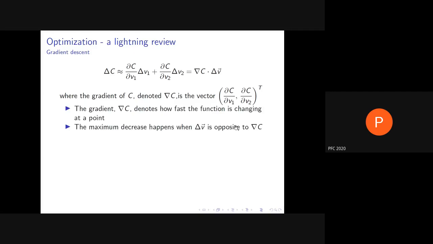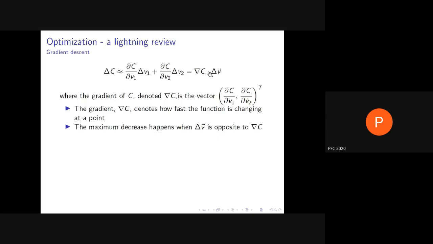Now, all of you, at least those of you who have studied gradient, know this very well, or even anybody who has seen the dot product before would recognize the change in C will be the largest if delta V vector happens to be in the same direction as nabla C. So grad C and delta V vector, when they're parallel, you get the largest possible change simply because of something which everybody knows about the dot product: A dot B is length of A times length of B times cosine of the angle between them. If they're parallel, the cosine of the angle between them is the largest possible value, namely +1.